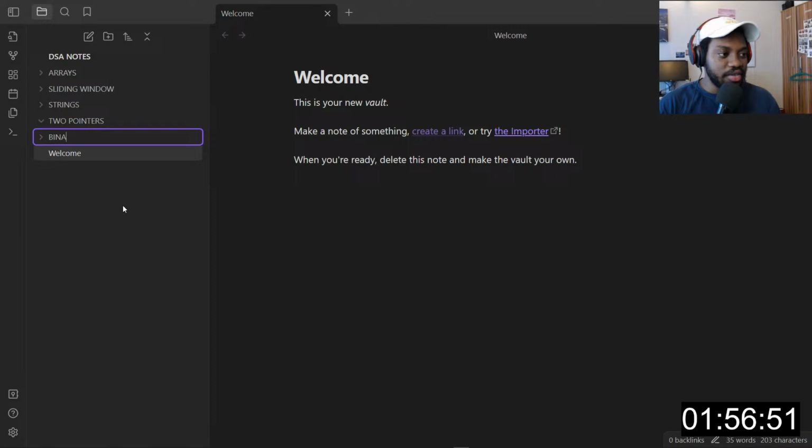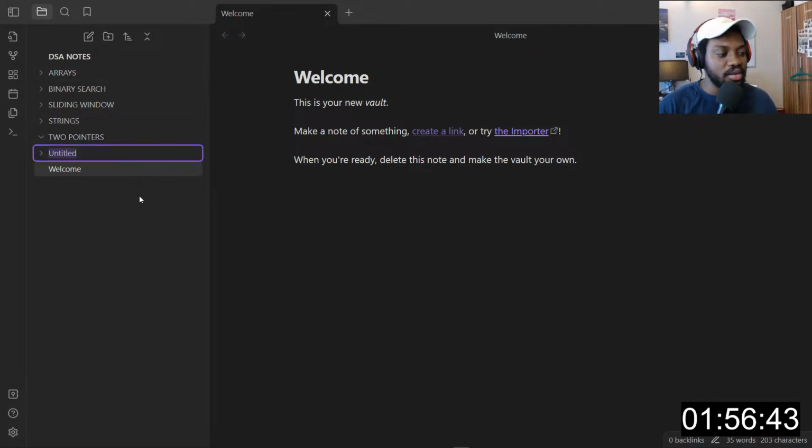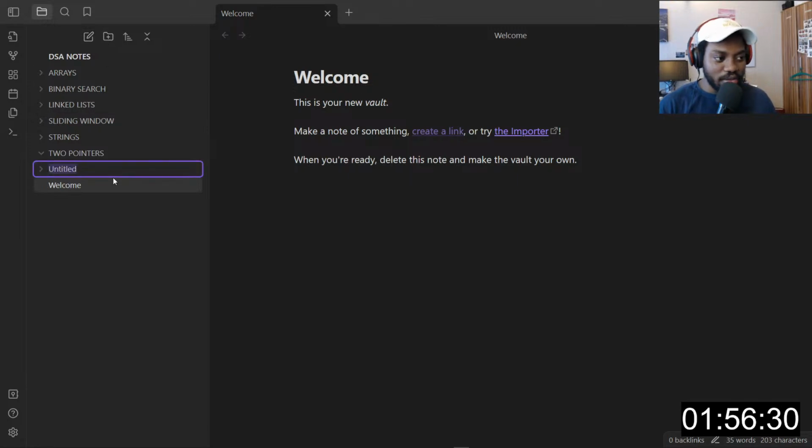We can have binary search. What else did I study? Linked lists, my favorite. Oh my god, I love linked lists. Here are the algorithms I've studied so far.